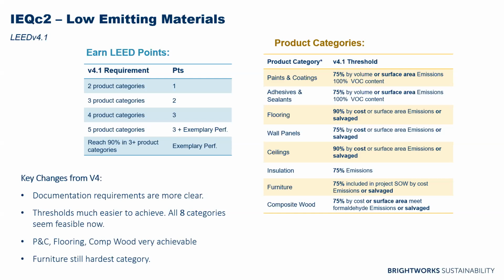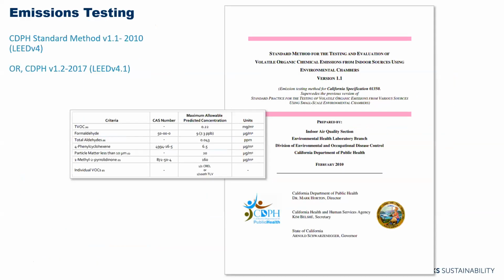This is a much more streamlined version of the version 4 credit, and I would highly recommend that project teams swap to this version. So this is what the standard looks like. But basically what we're looking at is getting these,